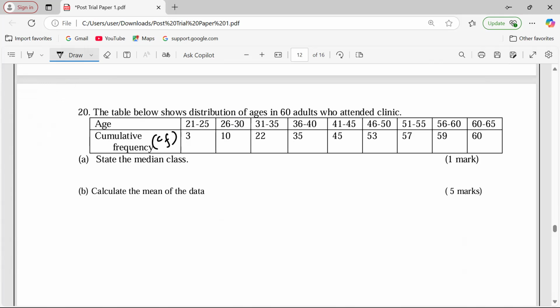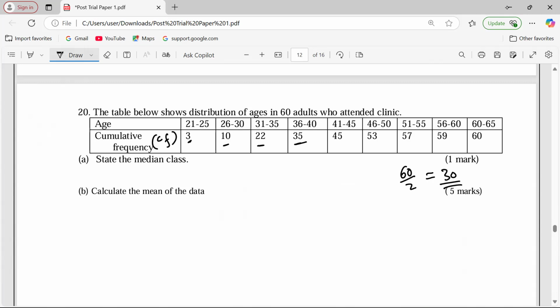So the total is 60. So 60 over 2 is 30. So we consider the cumulative frequencies for us to check the class that contains the 30th patient. So from the first class, we have only 3. Here, only 10, 22. So because we're looking for the 30th patient, and these are already 35 now, it means